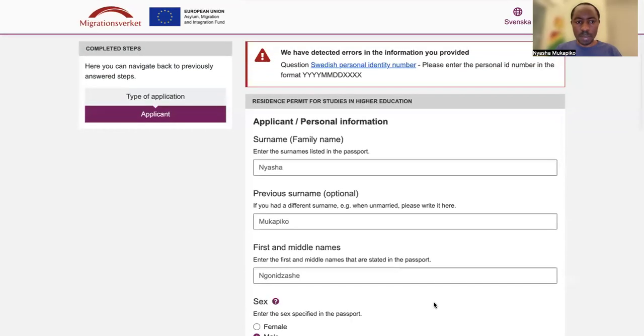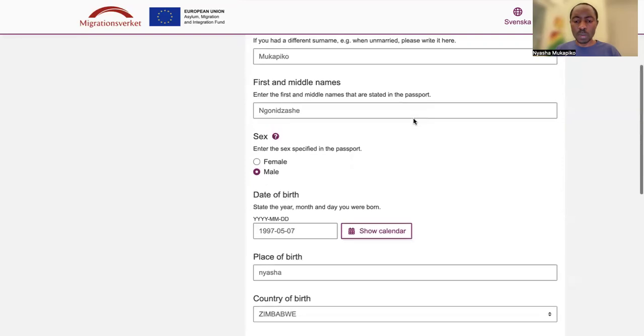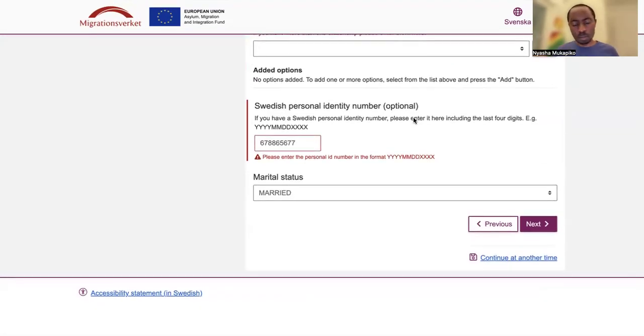Yeah, it blocked me from going to the next step because the Swedish number isn't correct. So once you have managed to go to the second stage, then you go through a process whereby you'll be asked to upload your scholarship, to support that you are on scholarship.